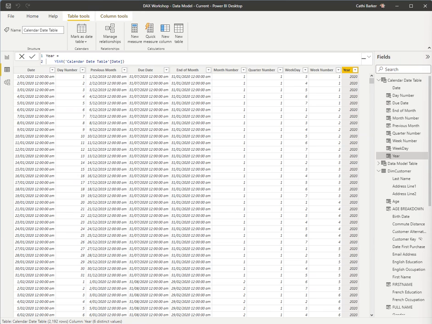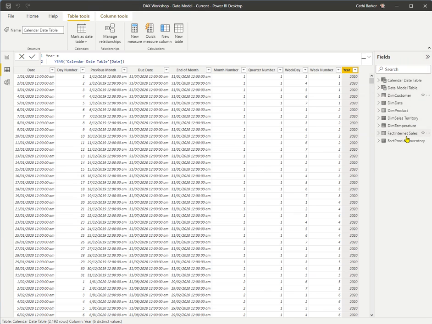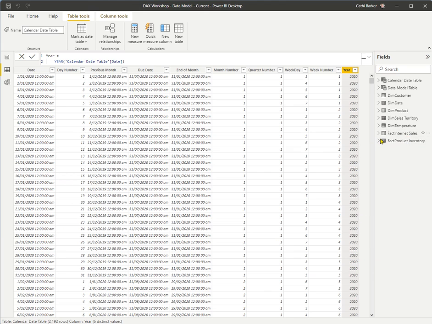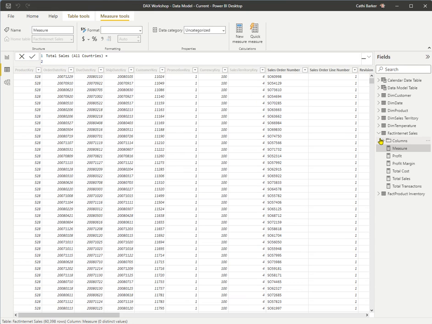First of all, what I want to do is right-click the internet sales table. So I'm just going to collapse this, and here's my internet sales. I'll right-click because I want to create a new measure. Now the new measure I want to call total sales, and in brackets, this is for all countries, close bracket, equals, shift enter. And I just want to document that this returns the total sales for all countries in the